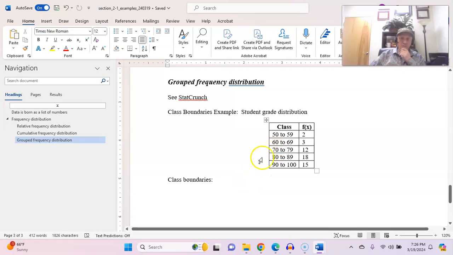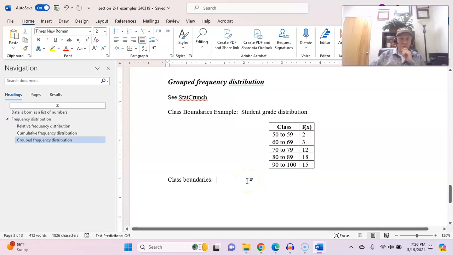So the difference between this example and the last one is that now this upper boundary of 59 is not exactly the same as this lower boundary of 60. There's a gap between them. And that's because these are rounded to the nearest whole number. So a class boundary would be involved if there was a student who